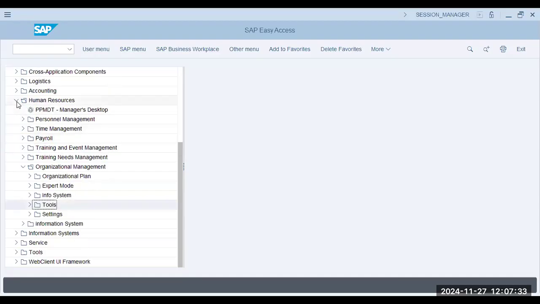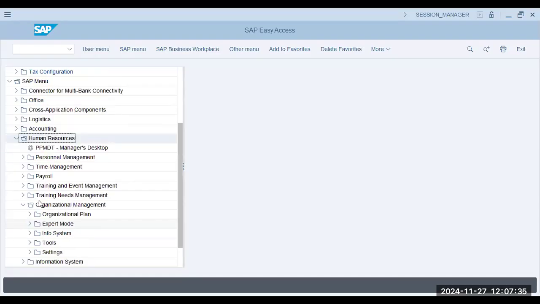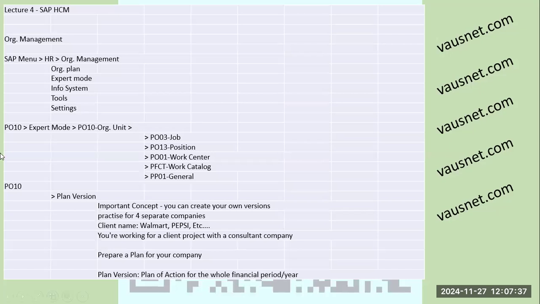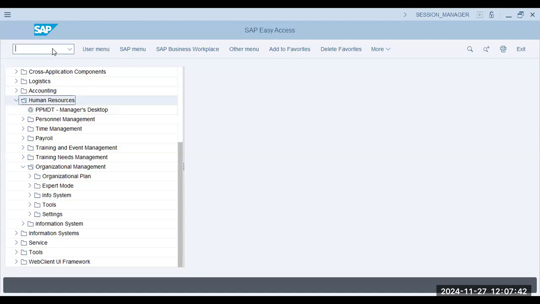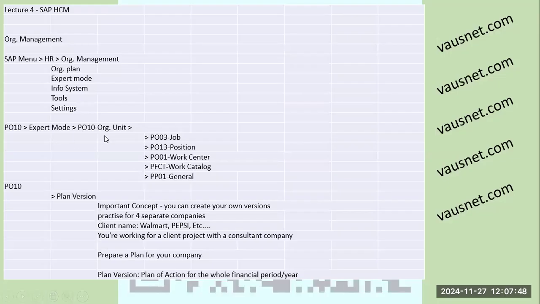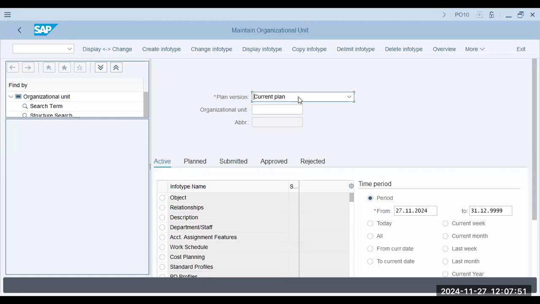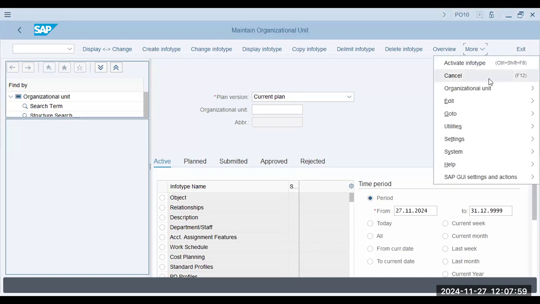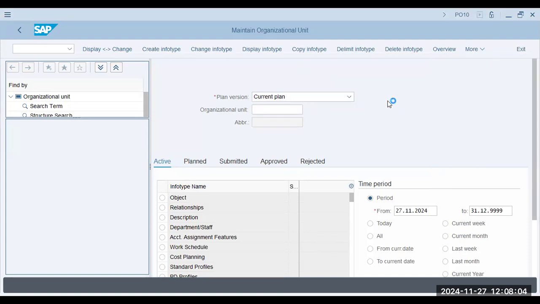Next comes PO10 expert mode. PO10. Now, PO10 is basically maintaining the organizational unit. Organizational unit, for example, if we have one,